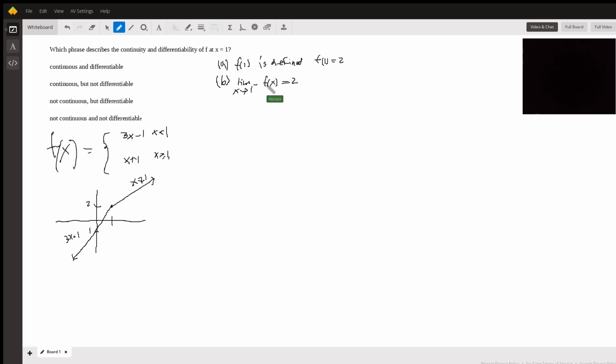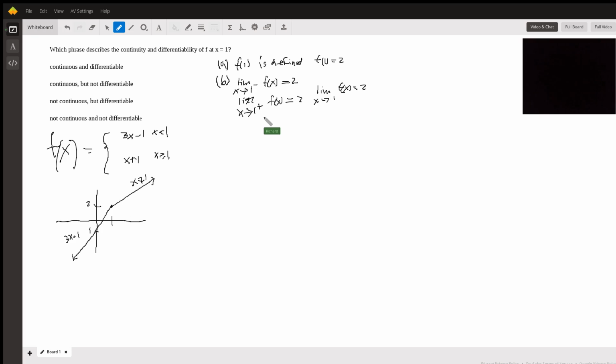But I think maybe the easiest way to do the two-sided limit here is, if you have the left-hand limit and the right-hand limit agree, then the two-sided limit exists. So the right-sided limit of f of x as x approaches 1 from the right, this is 2. So the two-sided limit, the limit as x approaches 1 of f of x